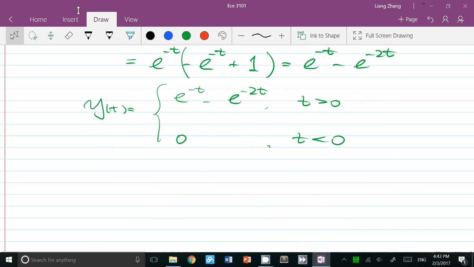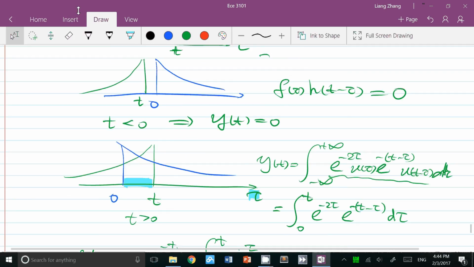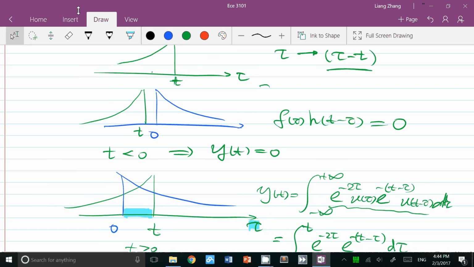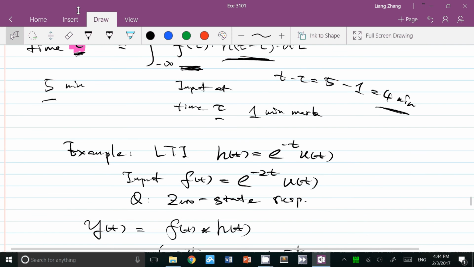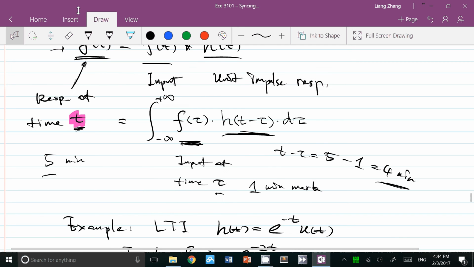If you look at the textbook, it has a rather long discussion regarding how to calculate convolution integral. From the mathematical perspective, I will still encourage you to read those discussions, some of the examples, especially how they use the graph, sliding the one graph in to find the overlap, as what we did here. It's an interesting discussion, but from another perspective, in signals and systems, or systems and control, the most important part